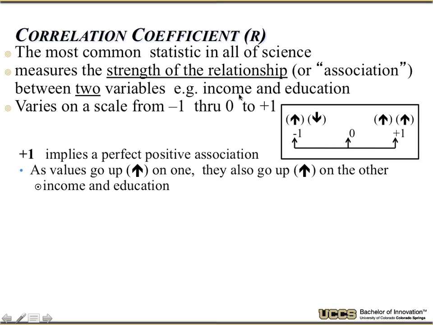Okay, so a +1 implies perfect positive association. If I change one, the other moves exactly the same way. Okay, still doesn't prove causality because they might both be tied directly to a third variable, which is the one that's causing both of them to exist. Now that doesn't mean the variables are the same. Imagine that I take one signal, and I add a constant to it. Then the values are completely different, right? But they're perfectly correlated because every time one's changing, the other's changing. So for every value I measure, there will be a strict correlation.